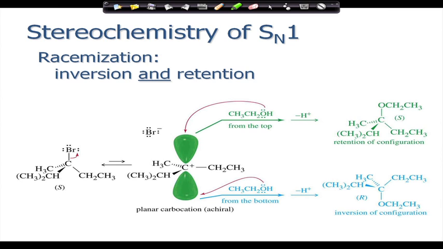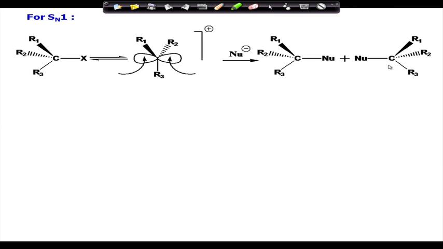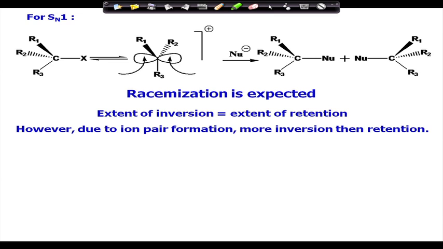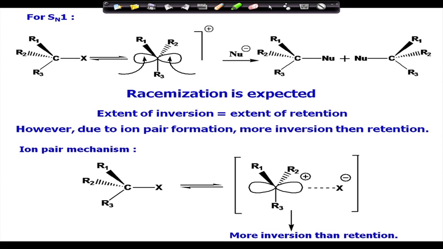So, in an ideal SN1 reaction, there is complete racemization. However, in many cases there is what is called the ion pair effect. If this breaks and the leaving group has completely departed a long way, then both the lobes are available for attack by the nucleophile. So, you get a plus minus mixture of these. So, racemization is expected, extent of inversion equals extent of retention. However, due to ion pair formation, there is more inversion